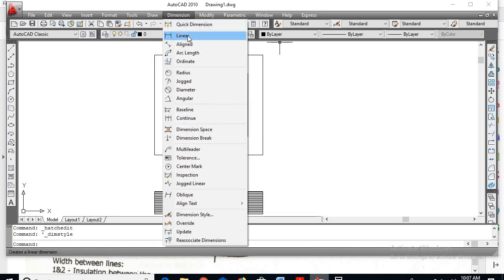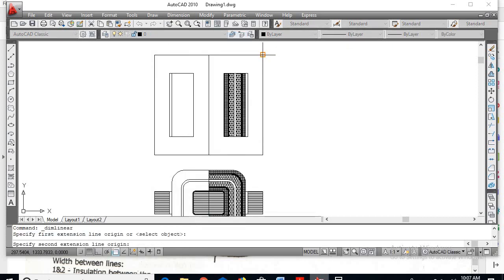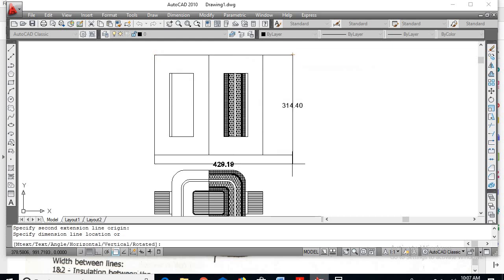Now I'll go for dimension linear. So this is the overall height of the transformer. Dimension linear. This is the overall length of the transformer.